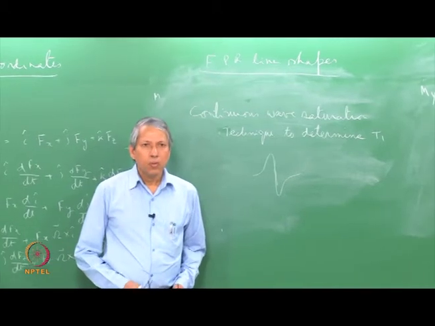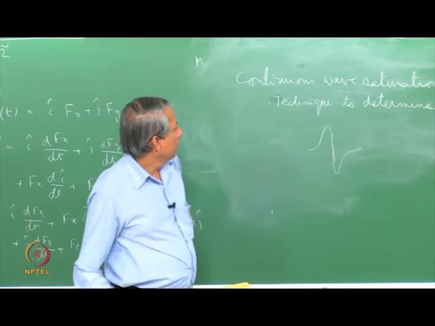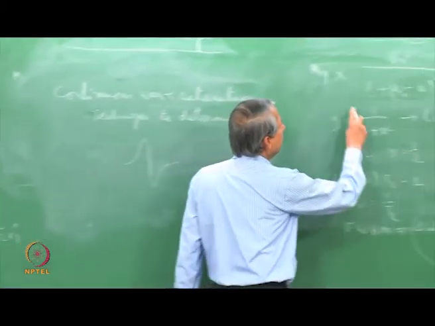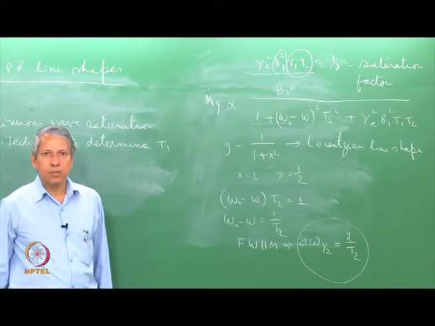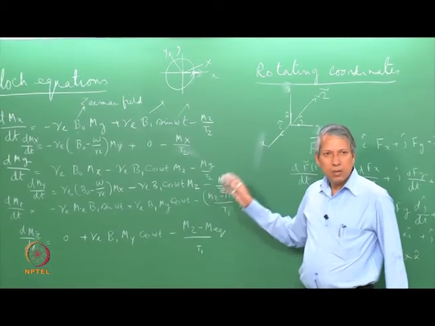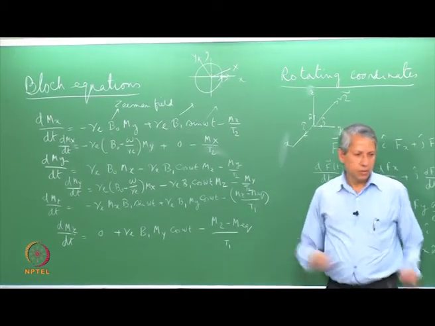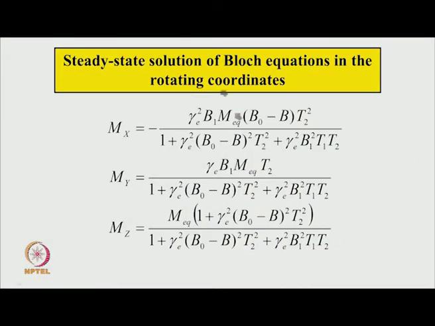Now, before concluding, a small note of importance: we do not do the experiment in terms of varying microwave frequency, we do the experiment at fixed microwave frequency, but vary the magnetic field. So, we modify this Bloch equation, which is here in terms of frequency, to fixed microwave frequency and varying magnetic field. That is shown here. So, this is the steady state solution of the Bloch equation in the rotating coordinate system in terms of variable magnetic field. It looks quite equivalent, of course.